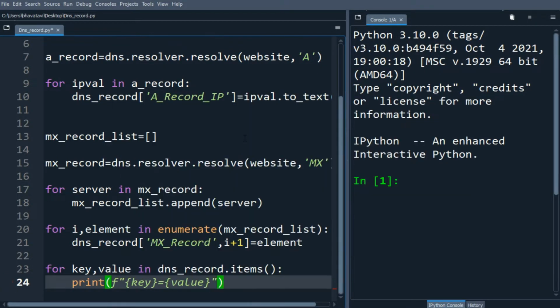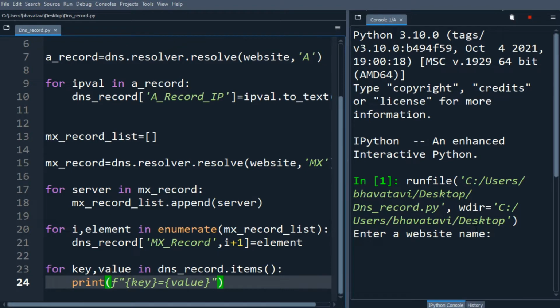Okay, so let's run the program. So here it is asking for a user input. So I am going to put twitter.com. So you can see